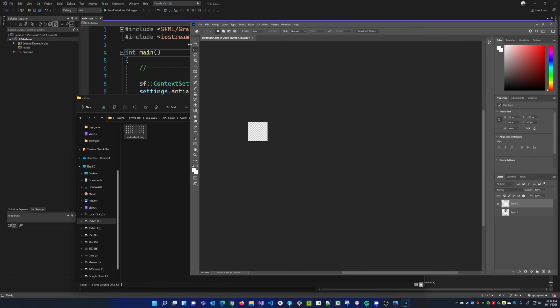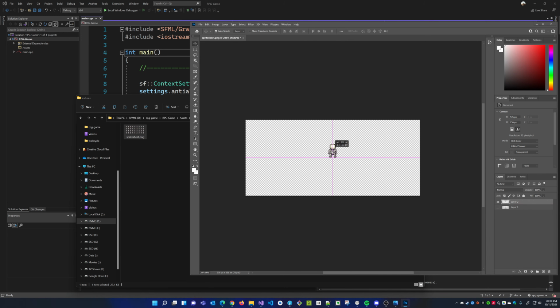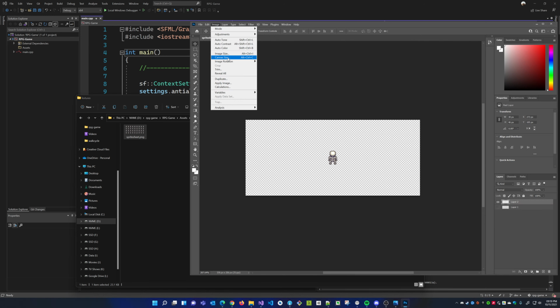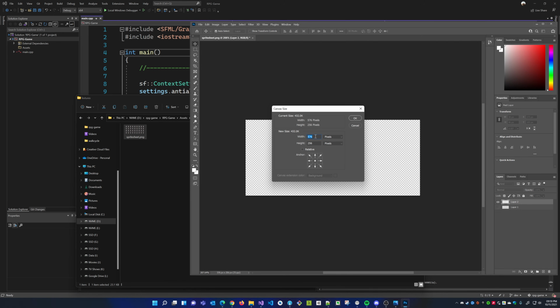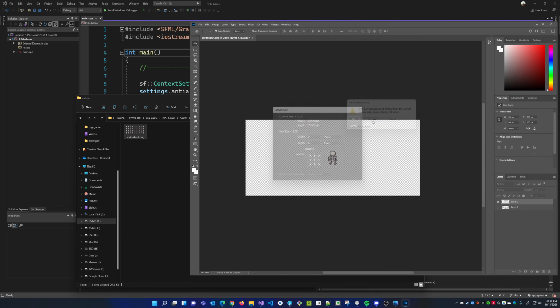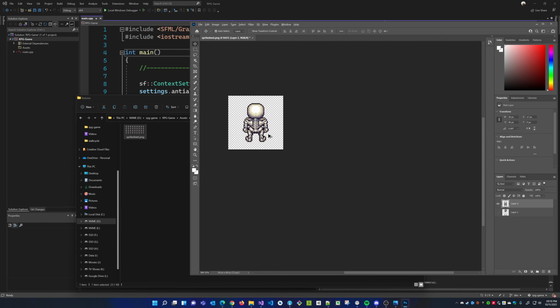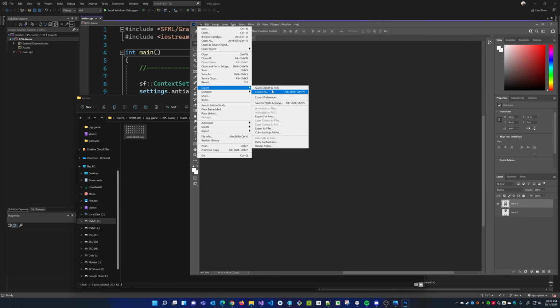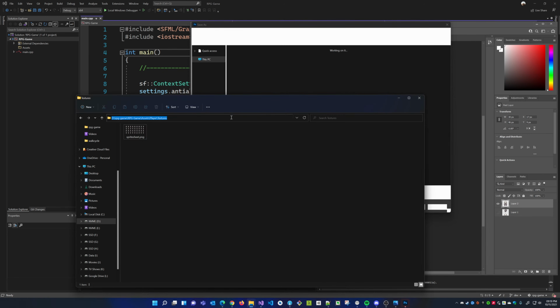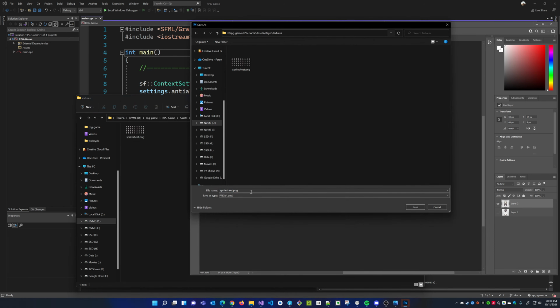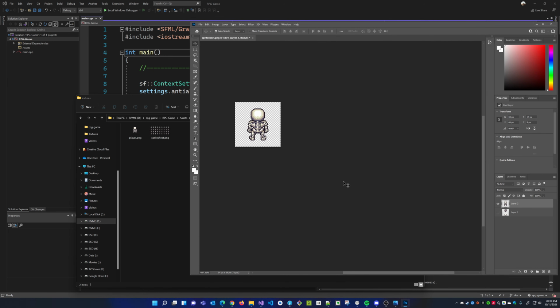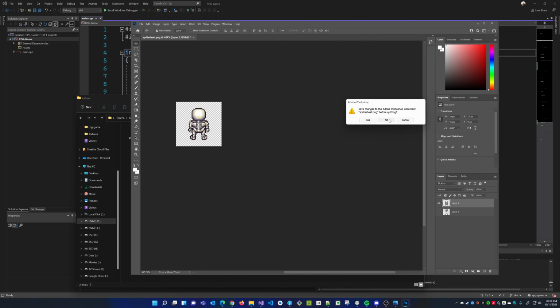My image disappears. Fantastic. All right, let's redo this. Can we control Z? He has to be in the center, if I'm not mistaken. Image, canvas size, 64 by 64. Yes, proceed. All right, cool. So this is just one single image, right? And I would like to render this. So export this as a PNG. Export it here. And just call it player. This is just temporary. I just want to show you something. All right. So close this out.